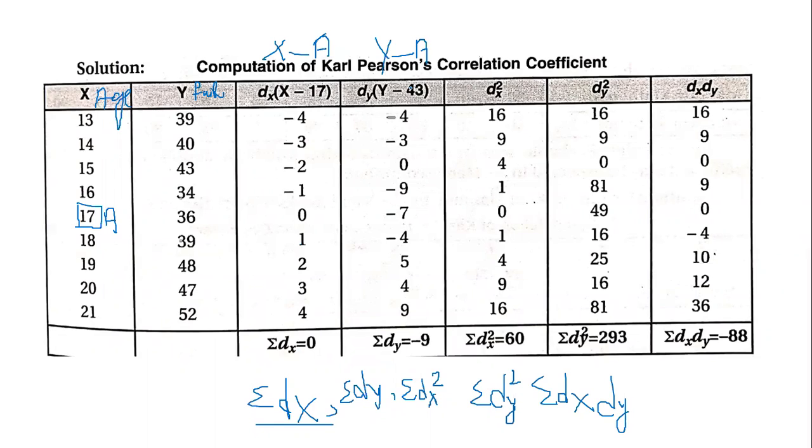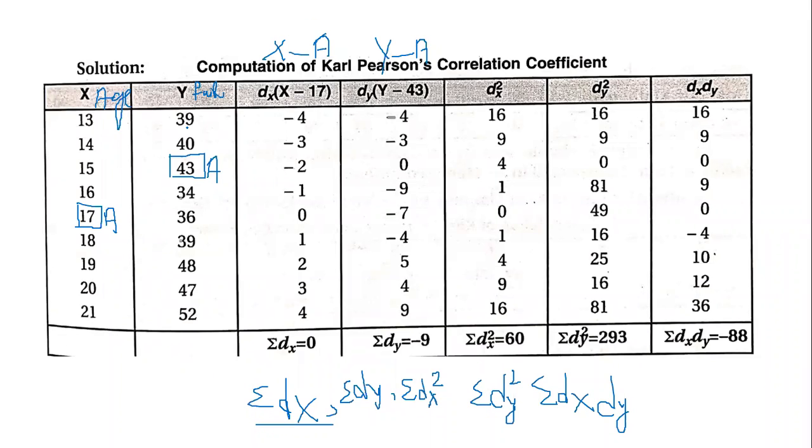Then going on to dy. Now here again we have taken assumed mean. Assumed mean for y is considered as 43. Okay, so 43 is the assumed mean. I have already told you, you can consider the central value or any value from this number. Do not consider any other values out of the given x and y, because it will be confusing for you to calculate. It will be confusing for the examiner while evaluating your papers also.